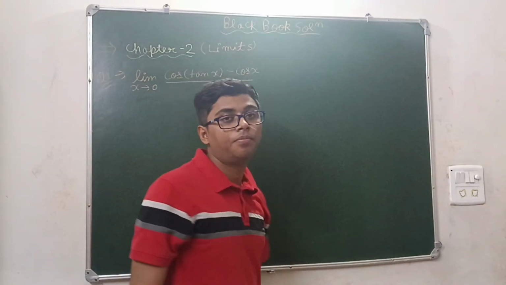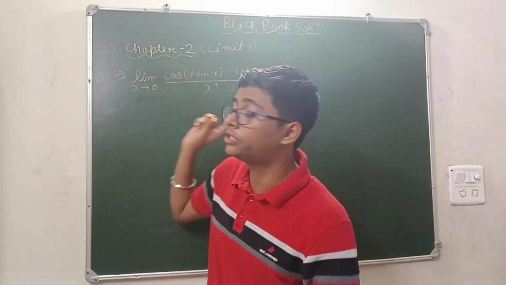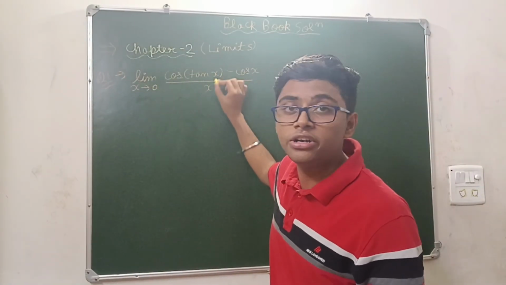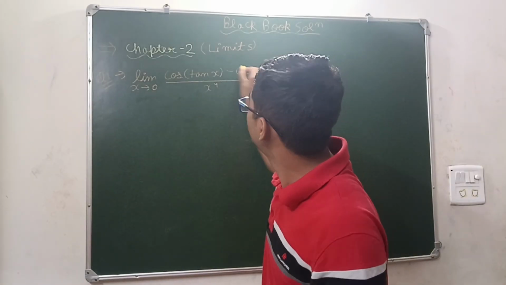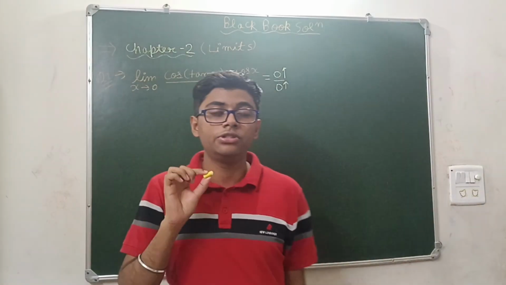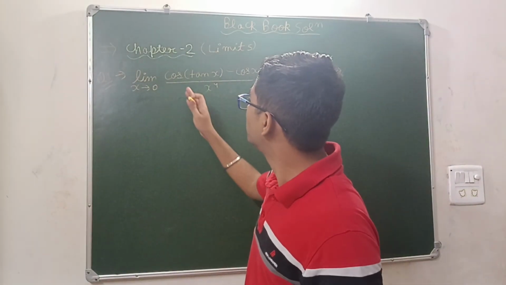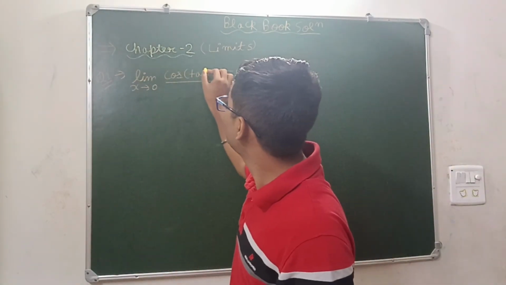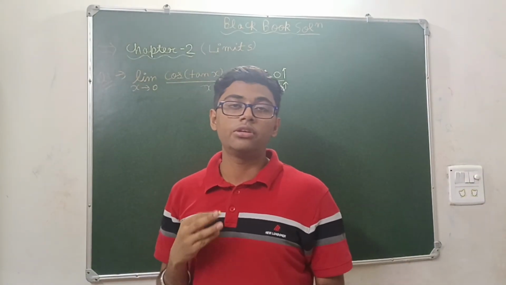The very first step when solving a limit problem is to check which type of limit it is. If you substitute x equals 0 in the numerator and denominator, then this is nothing but 0 by 0 form, meaning the numerator tends to 0 and the denominator also tends to 0. Whenever 0 by 0 form is there, you can apply L'Hopital's rule. But I will suggest that whenever you are given trigonometric functions,